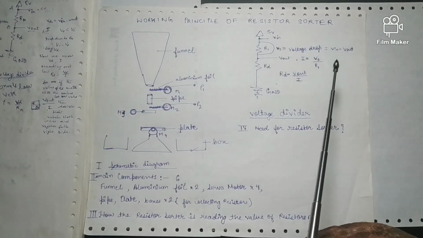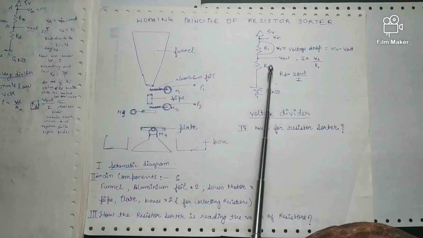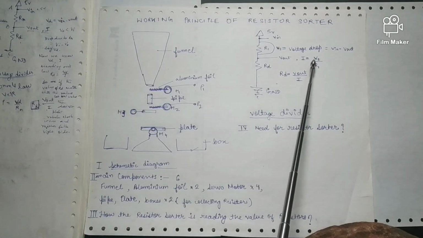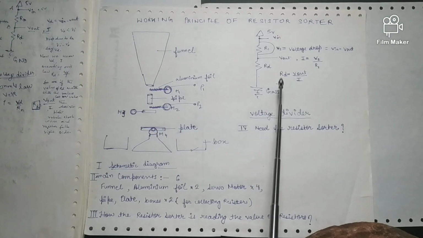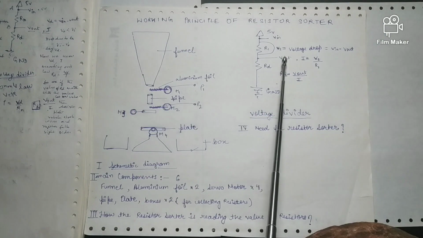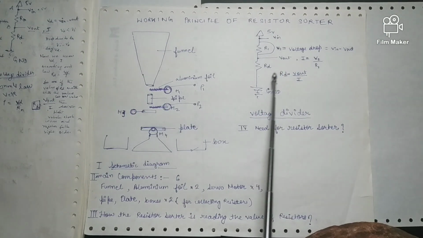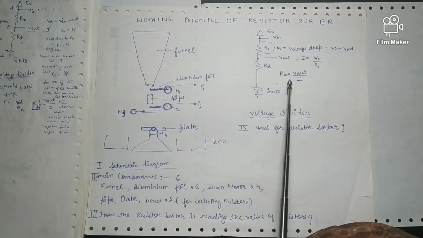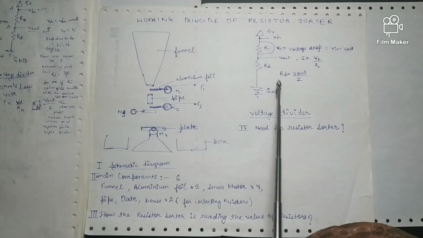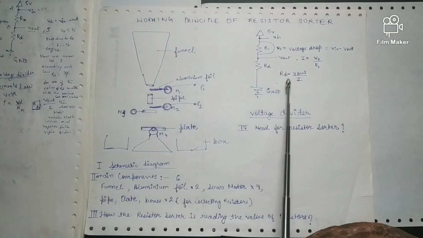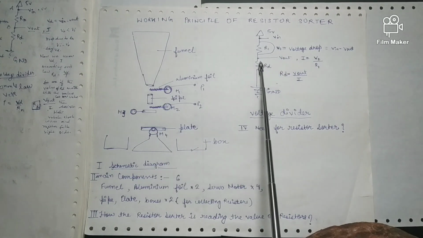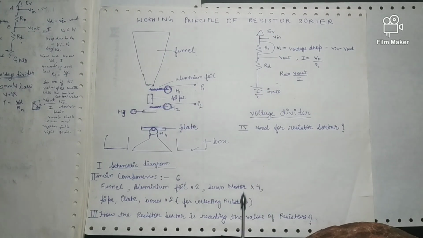After this, we have the random resistor, whose value we don't know, but since we know the value of the current, and current is constant in a series connection, and the Vout voltage is also known, we are easily able to calculate the value of the random resistor. RD is equal to Vout upon I. So we get to know the value of the resistance. The P1 and P2 points connect at this Vout point and the ground point.